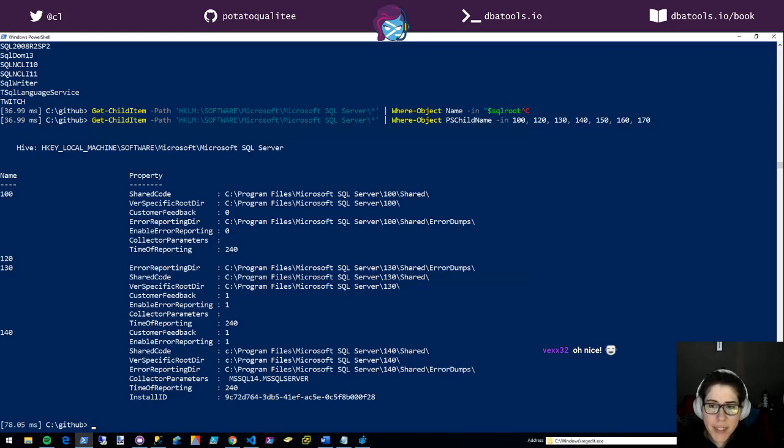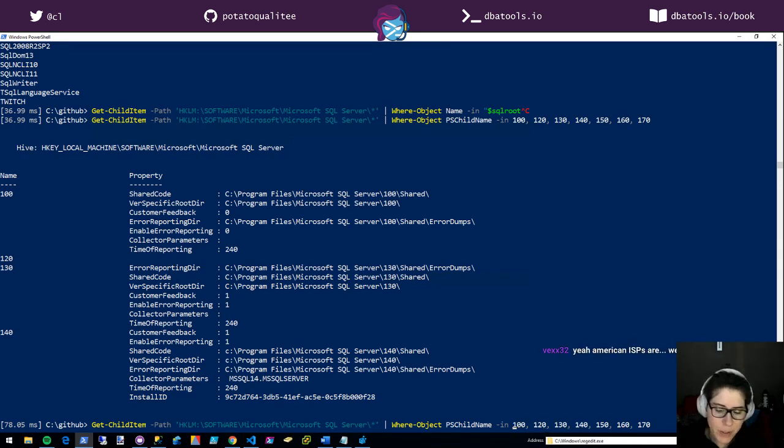All right, so Vex was awesome enough to get us this, and gonna go 90. So what are these numbers? They are the way that SQL Server identifies itself.